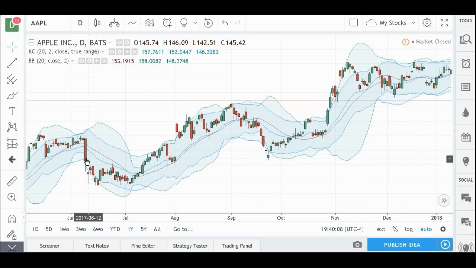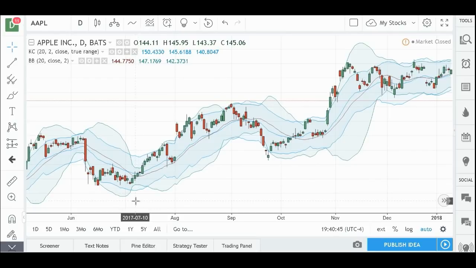All right, or you can wait until it closes below and then above, just like with the Bollinger Bands. Okay, and then to sell, you don't sell until it breaks clearly above both of them. And you don't know which one it's going to close above on any given day, because again, sometimes the Bollinger Bands are further out, like here. Sometimes the Keltner channels are further out, like here. It is interesting that sometimes you get the Bollinger Bands inside of the Keltner channels, like here. You've got the Bollinger Bands here, and the Keltner channels further out, the top band further up and the bottom band further down.